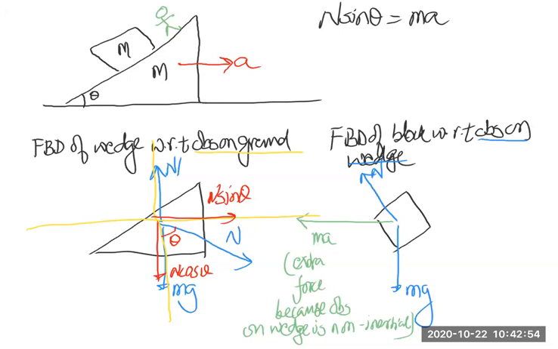नाउ वी कम टू अ वेरी इंपॉर्टेंट क्वेश्चन, वेरी वेरी इंपॉर्टेंट। ये ऑब्जर्वर के लिए ये ब्लॉक का एक्सेलरेशन किधर होगा? जो ऑब्जर्वर ऑन द वेज है उसके लिए ब्लॉक का एक्सेलरेशन किधर होगा? सपोजिंग यू आर सिटिंग ऑन द वेज, इमेजिन योरसेल्फ सिटिंग ऑन द वेज, तो आपको ब्लॉक किधर जाते हुए दिखाई देगा? विल यू सी इट गोइंग हॉरिजॉन्टली? हाँ अभिजीत, गुड, यस।